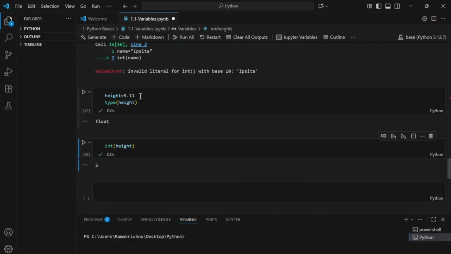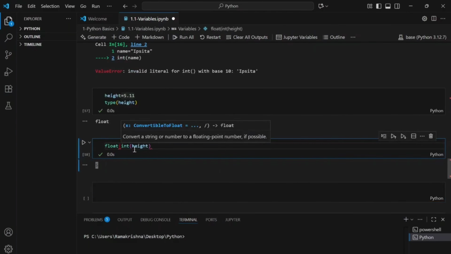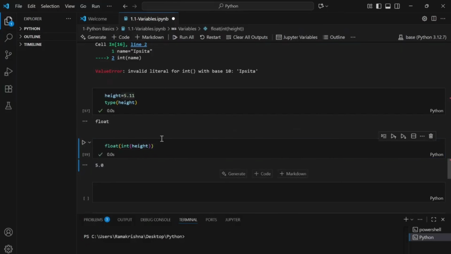So yes, this 5.11 has been converted to integer. Now the value of height is 5. Can we again convert this back to float? Let's check. Okay. So now again we have converted this back to float, so 5.0.